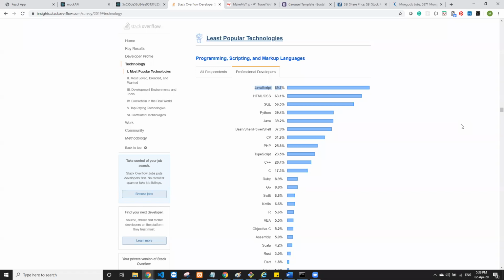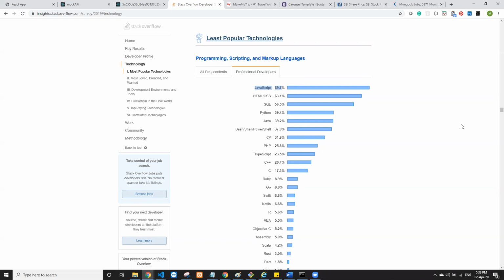I would say Python is great to learn if you're learning machine learning or data analytics. It is one of the most popular technologies, unbeatable and unmatchable. But when it comes to creating a web application end to end, then definitely you require front end technologies like React or Angular or Vue.js. Then you're using JavaScript in the background.